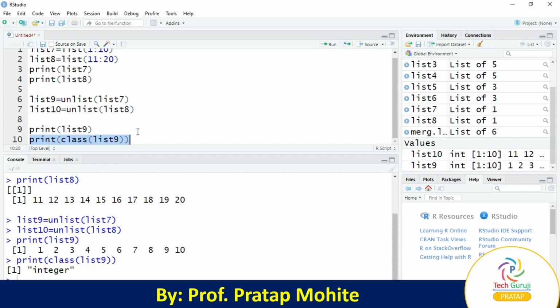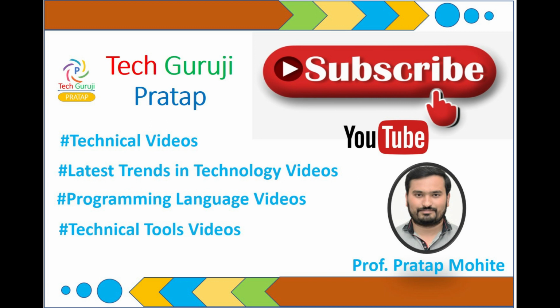So it's an integer class. So by using the unlist function, we have converted a list into vectors. Check the change. Here the list item, but here a vector item. That's it.